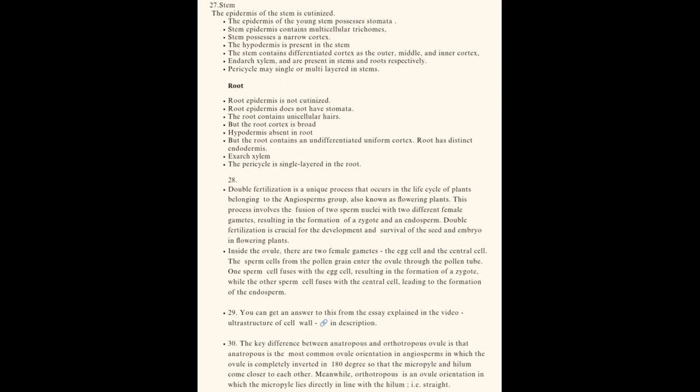29. You can get an answer to this from the essay explained in the video, Ultrastructure of Cell Wall, link in description. 30. The key difference between anatropous and orthotropous ovule is that anatropous is the most common ovule orientation in angiosperms,